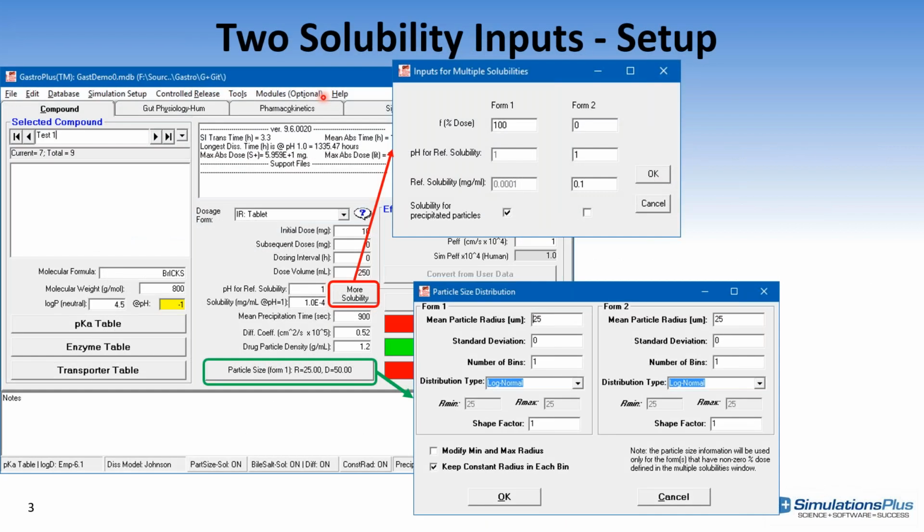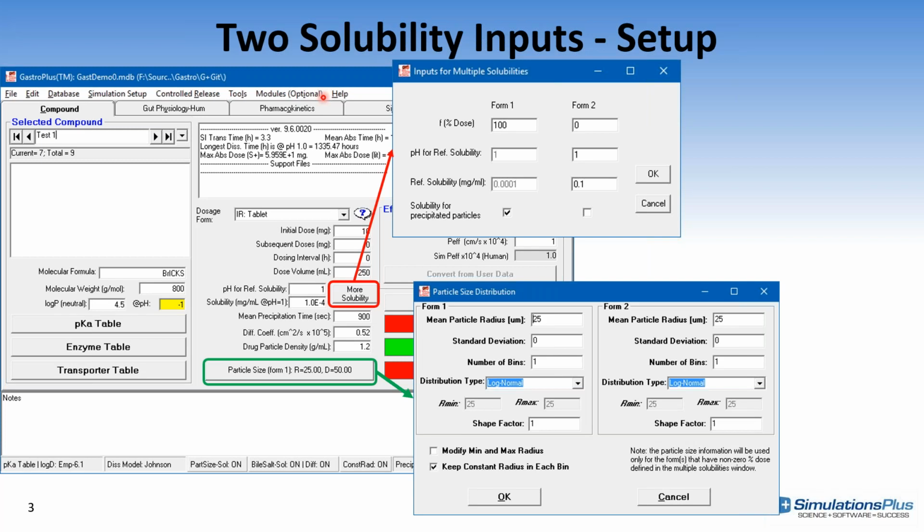So we'll start on the absorption side, the ACAT compartment, where we finally added the extension for being able to define a compound with more than one solubility input. We've added two different forms of molecule that you can now account for.